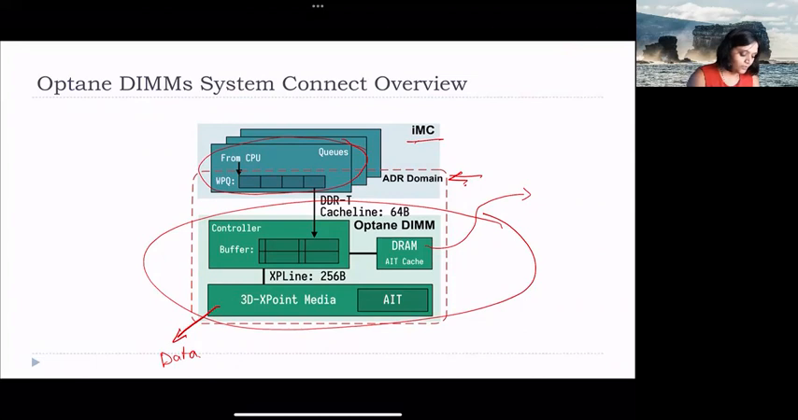So we have this DRAM to store the translation table, and we have a controller that can consist of different buffers, because we saw that writes and reads are done at the cache line granularity of 64 bytes. But physically inside the 3D cross-point media, the data is stored at the granularity of 256 bytes. So